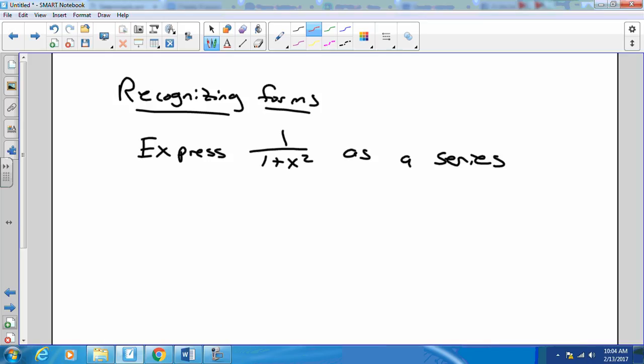Express 1 over 1 plus x squared as a series, give its interval of convergence. We've done this. Almost. We did 1 over 1 minus x squared. Oh, minus. Yeah. So